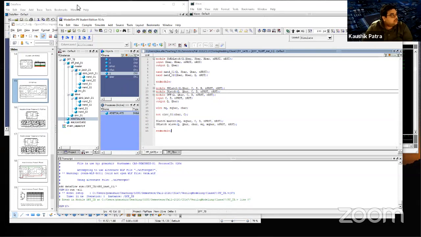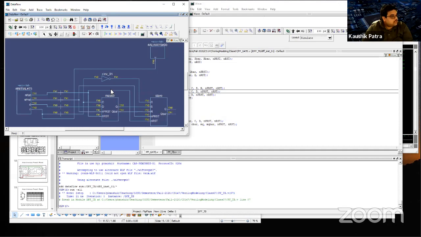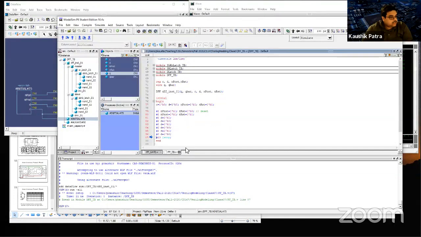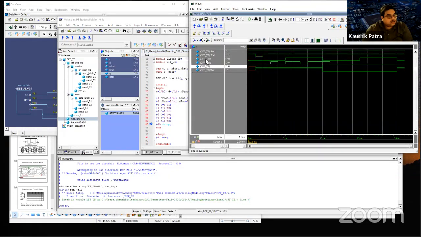You can look at this flow: one master and slave is instantiated with the clock, or control signal, inverted between them. And then we have this test bench where we are changing the C value automatically with a time period of 5. So this always block does it. Initialize C as 0, and always after 5 nanoseconds, we invert the clock, or C. That practically gives you the clock signal like this.